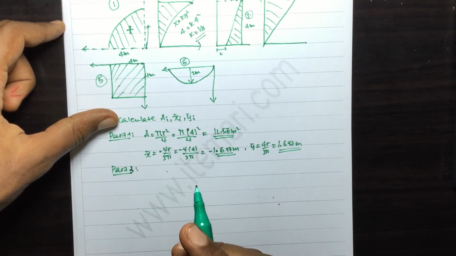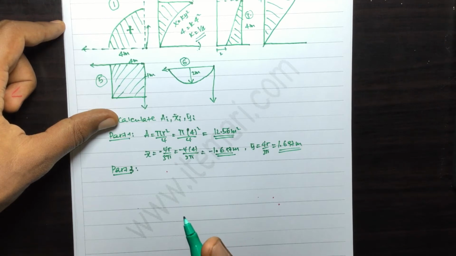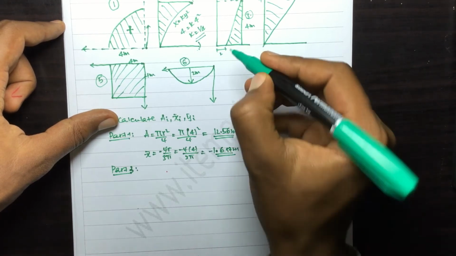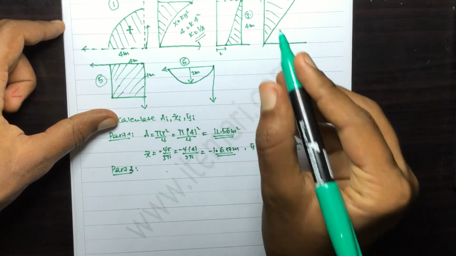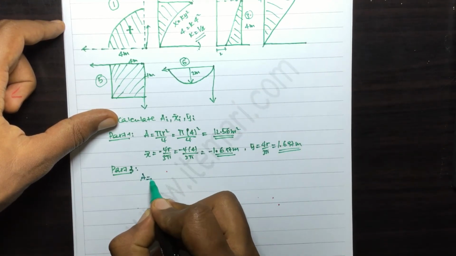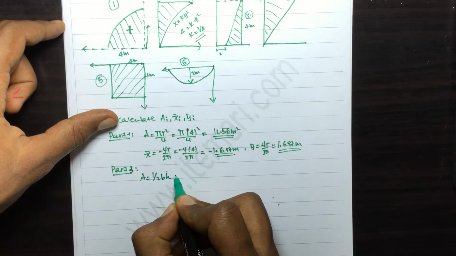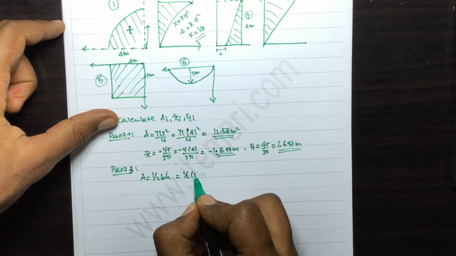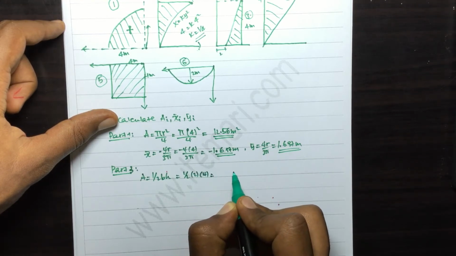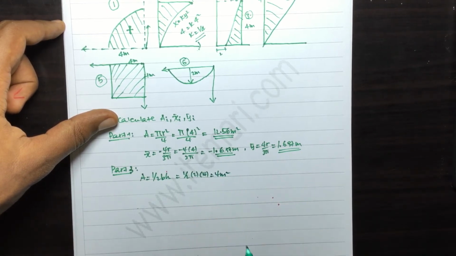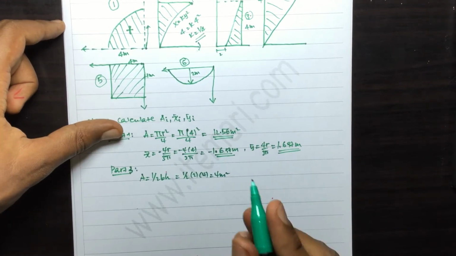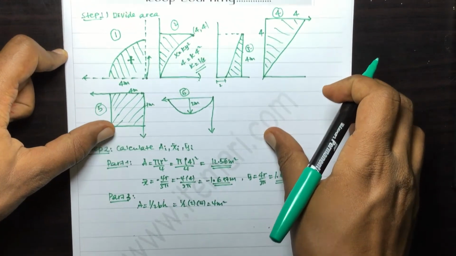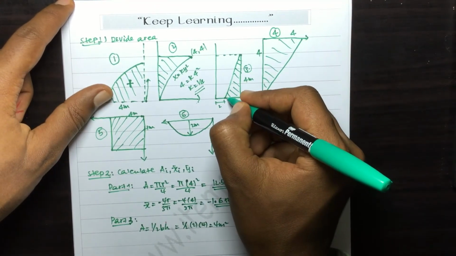There is a triangle. So first the area is half of b times h, which is half of the base, 2, and the height is 4, and we find that 4 meters square will be the area. Then what will be the centroid? Centroid for this is